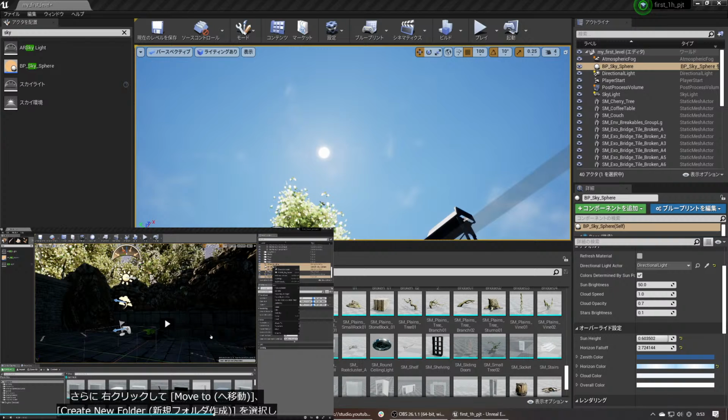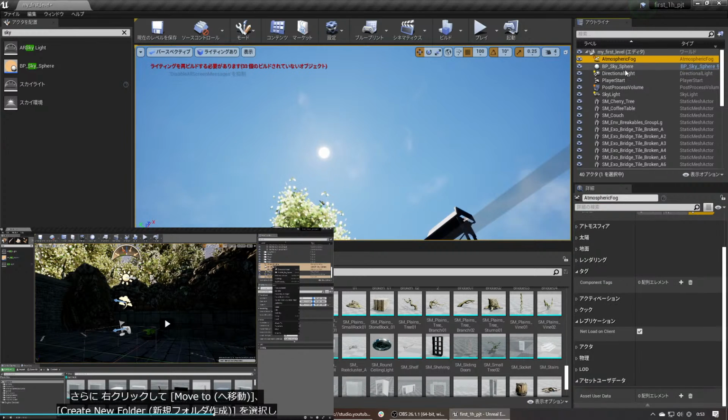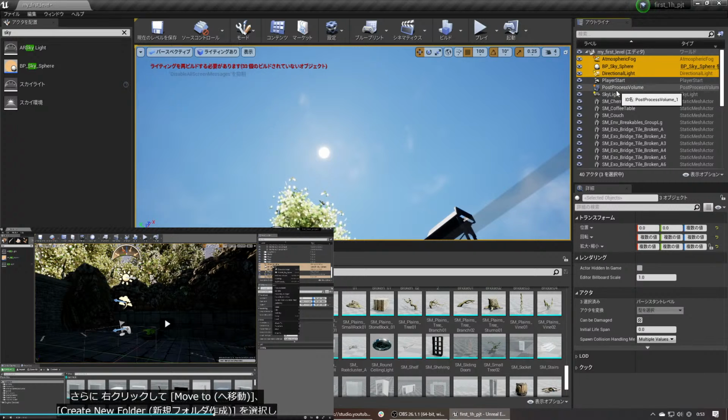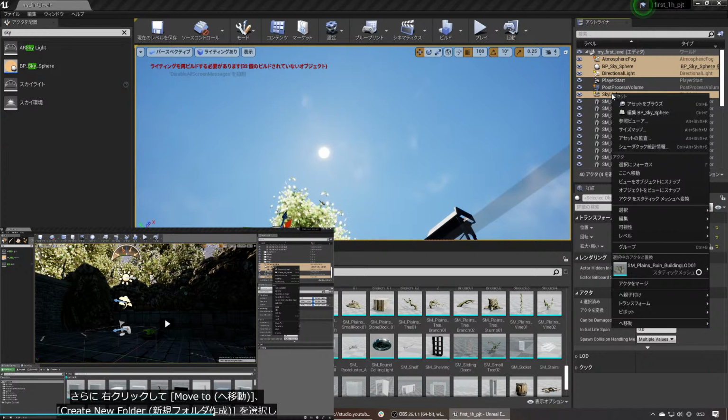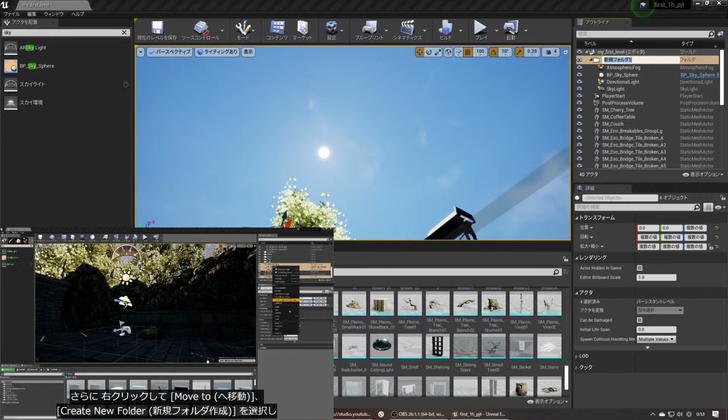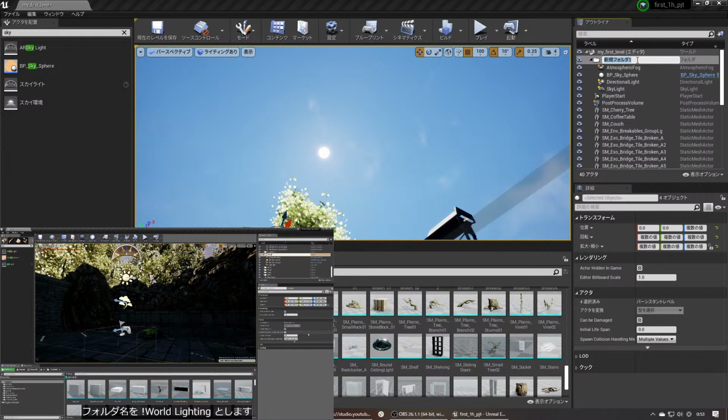Next, right-click and select Move to New Folder. Name that folder